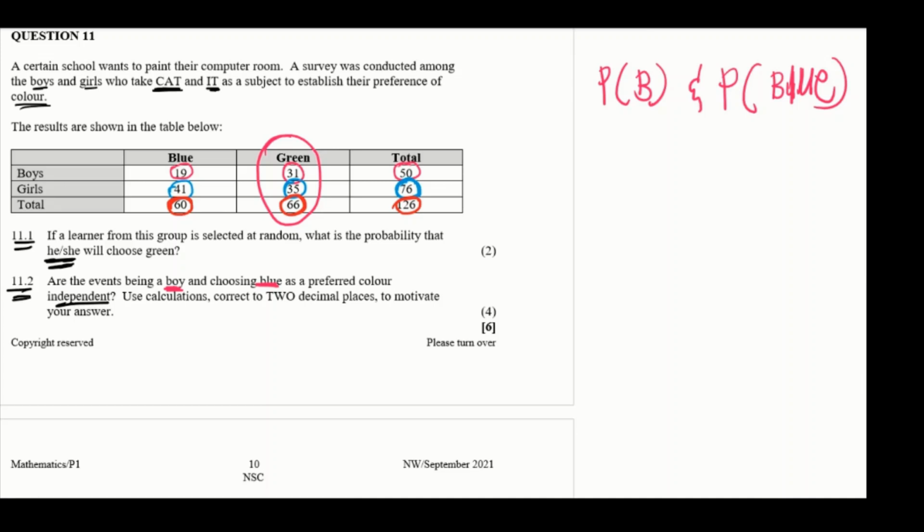So what you're going to do is this. Let's first find the probability of a boy and blue from the diagram, from the contingency table, right? So where's the probability of a boy? These are the boys, so it is actually 50. So there it is, 50, right? And probability of color, so the color is actually, as you can see there,